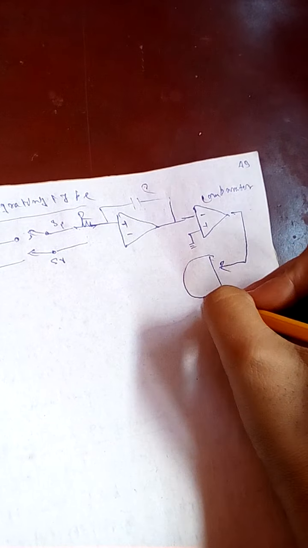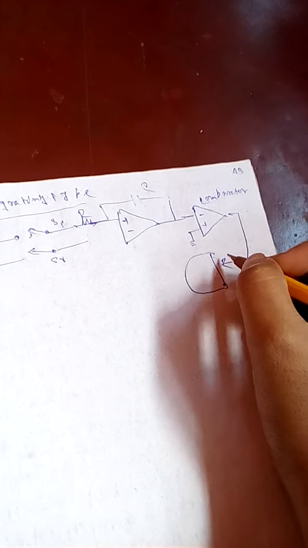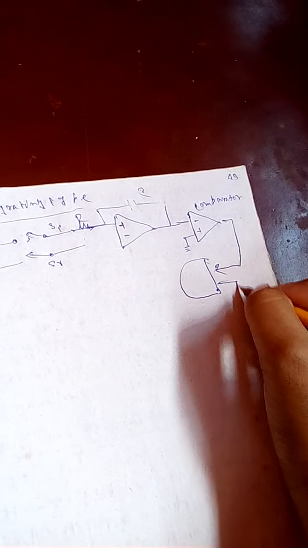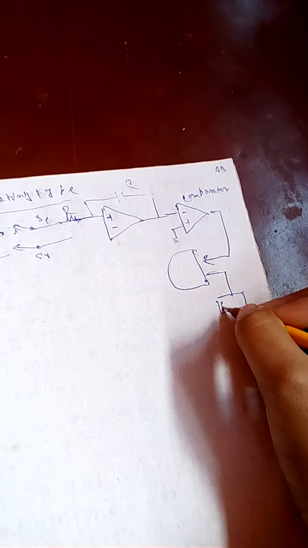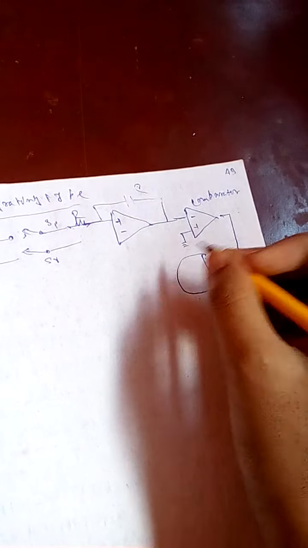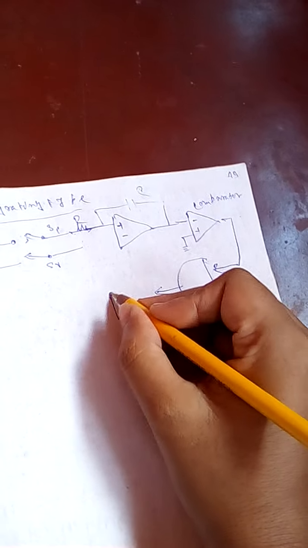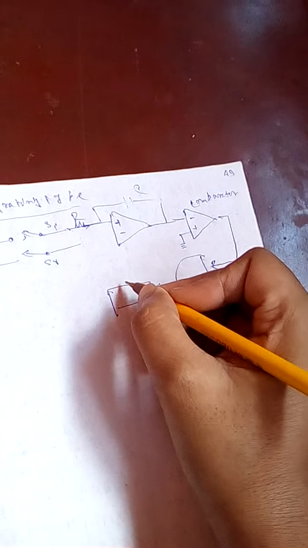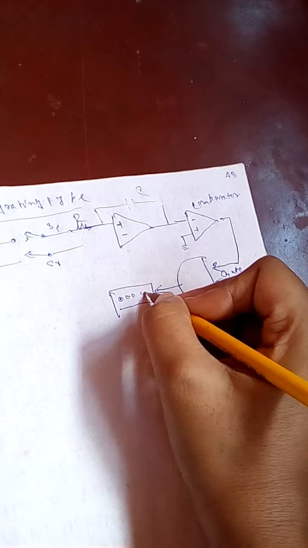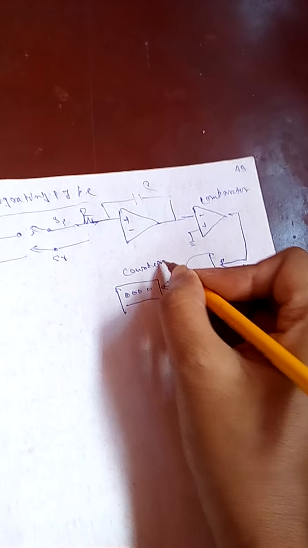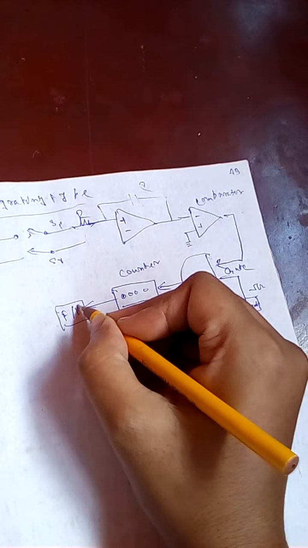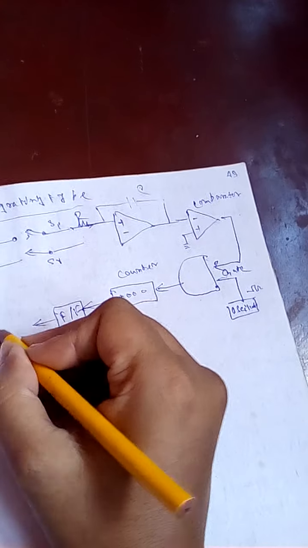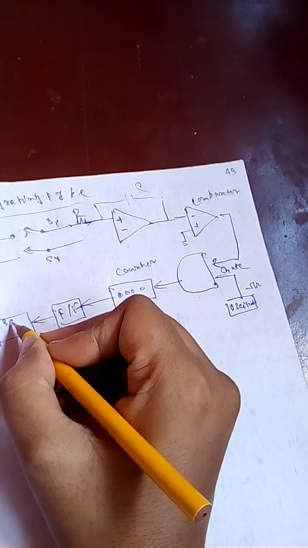Here we use an oscillator for taking the pulse. This is the gate. From the gate we get the counter output. The counter display is, suppose first one is 00 counter, and there is a flip-flop to store the memory element, and the last one is the serial switch drive,